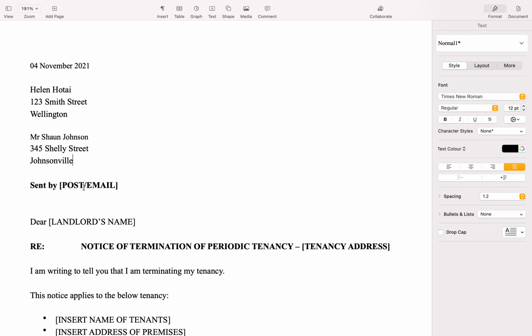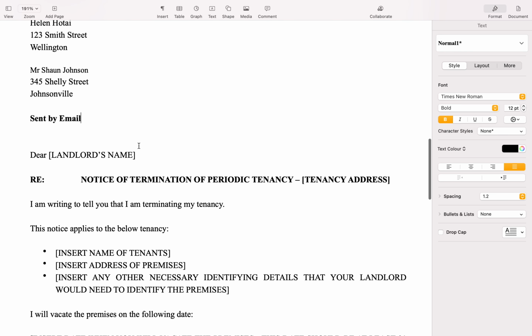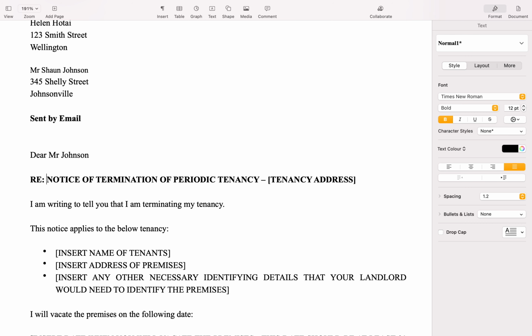Okay, so it says here sent by post or email. In this case, I will just place sent by email. Now I'll put in a dear, so the landlord's name, I will address him as Dear Mr. Johnson. And reference. Okay, so it's reference, notice of termination of periodic tenancy, and then you need to place the